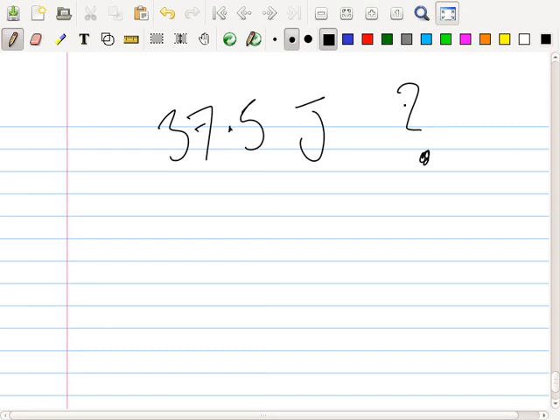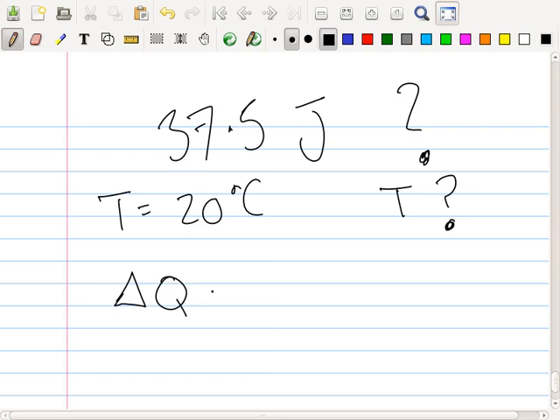What's the new temperature? Let's say, for example, the temperature of the ball was 20 Celsius. And we want to know what the new temperature is. So we can use our formula. The change in heat energy will equal m c change in temperature. So we don't know the c. No, but let's pretend it was something that we did know. So I'll pick something in the book. We need something like rubber, perfect. You all know rubber?